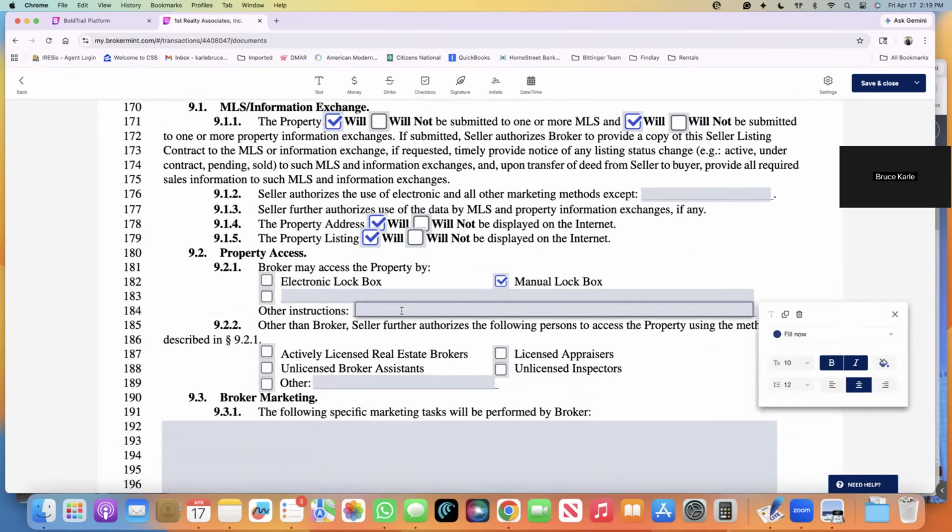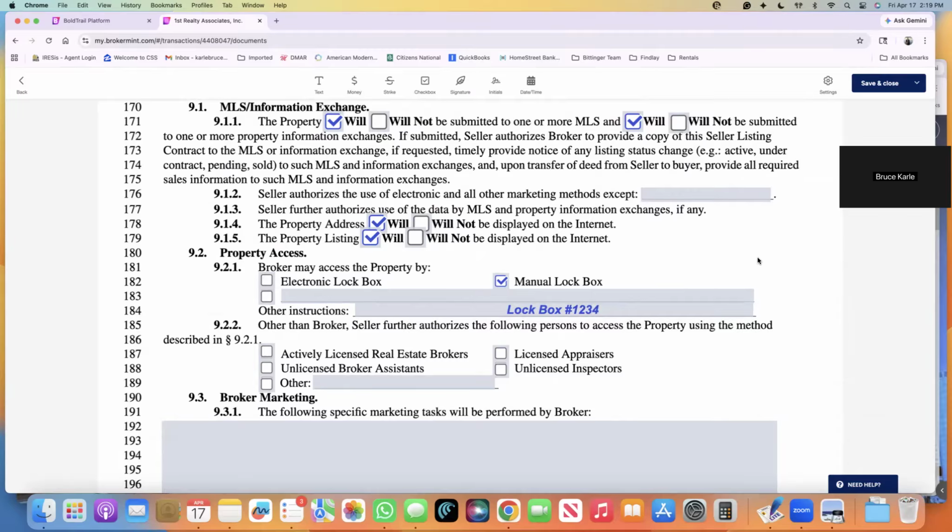And then other instructions, I don't know. Obviously, you could probably put in whatever you want here. I personally put in the lockbox number. Don't ever put your lockbox as 1, 2, 3, 4. But whatever it is, I like to put it in there. It keeps it on the same page with my seller, so if they ever need it, it's there. If I ever need to know what lockbox I put on,